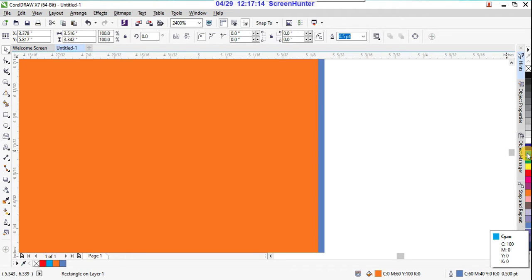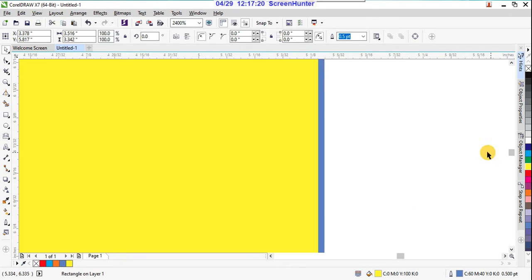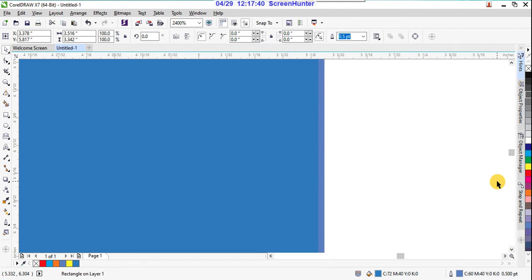And there is another way of filling outline and fill colors. Suppose this time I want to use yellow inside, right? Otherwise suppose blue color. Instead of clicking on that color, press that color with the left mouse and don't release. See, here you can choose other shades of the blue. Suppose this color I'm using, right? So you can choose these colors from this. So this is filling colors in a different way.